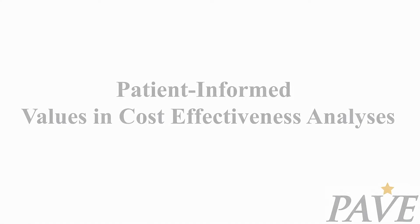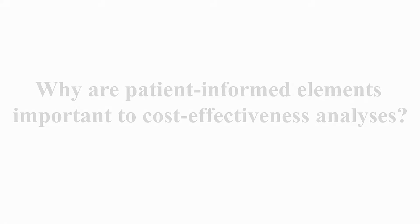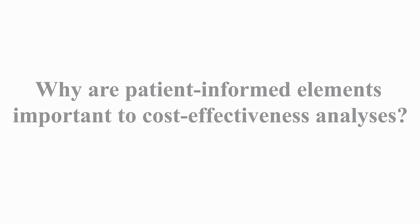The main mission of PAVE is to understand more about patients' preferences and how they might be included better in healthcare evaluation. In the past, traditionally, evaluation for healthcare technologies or pharmaceutical products has not always included the patient voice. So there are things from a patient perspective that are really important about their healthcare or their decisions in what